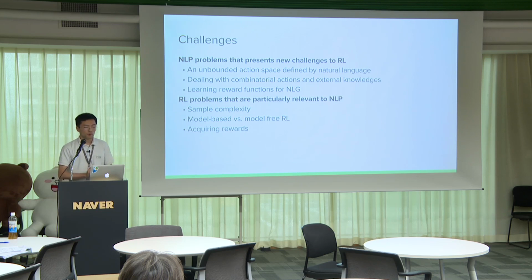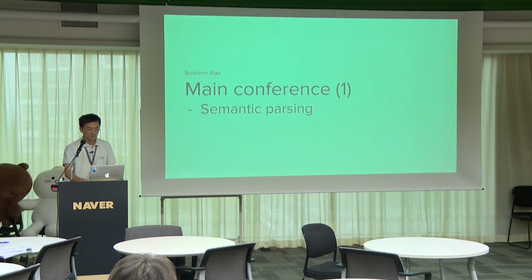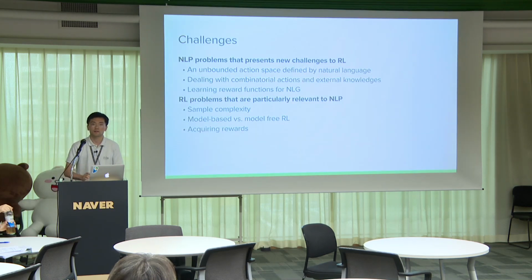And sometimes the reward function is hard to define, and the agent should learn reward functions. And they point out some RL problems that are particularly relevant to NLP, such as sample complexity, model-based and model-free RL, and acquiring rewards. Okay. That's all my